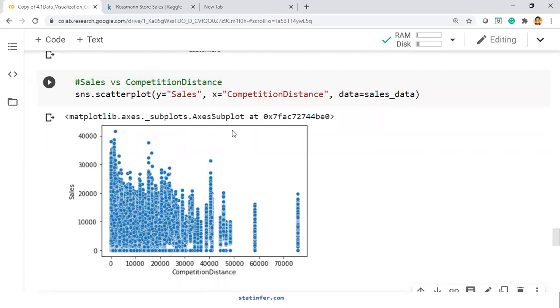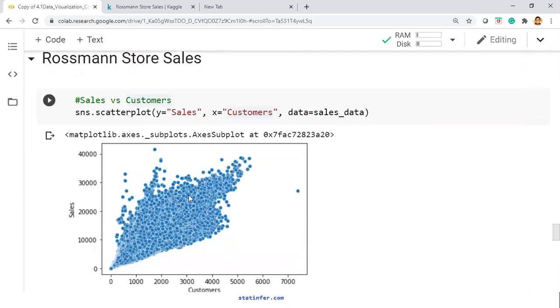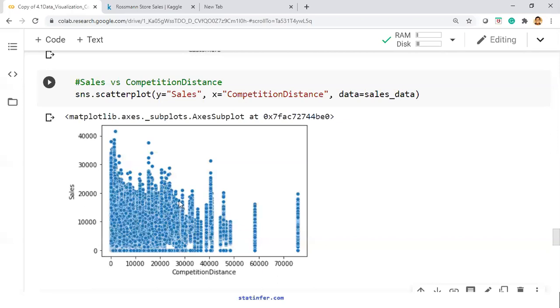Not clearly decisive, but if I have to make a comment, maybe slowly decreasing actually. I would say this is scattered only. If you have to say the overall pattern, maybe a slightly decreasing pattern. As the competition distance is increasing, sales is slightly decreasing. But strictly speaking, there is no relation, I think. No strong relation, not like the way we decisively said in the first case. We cannot say there is a strong relation here. So I would say no decisive relation between these two.